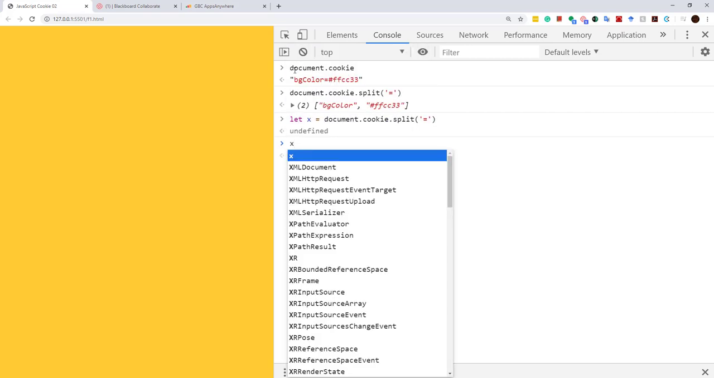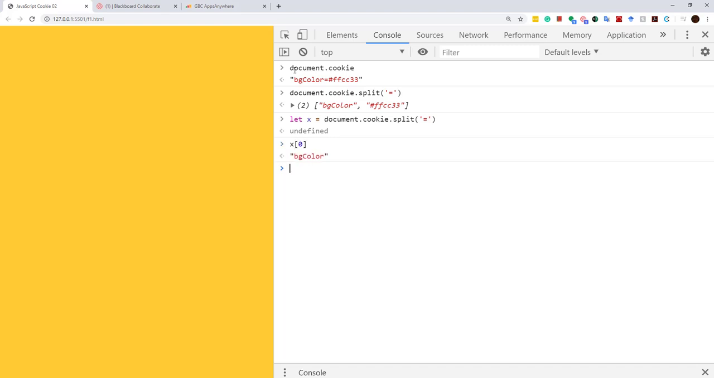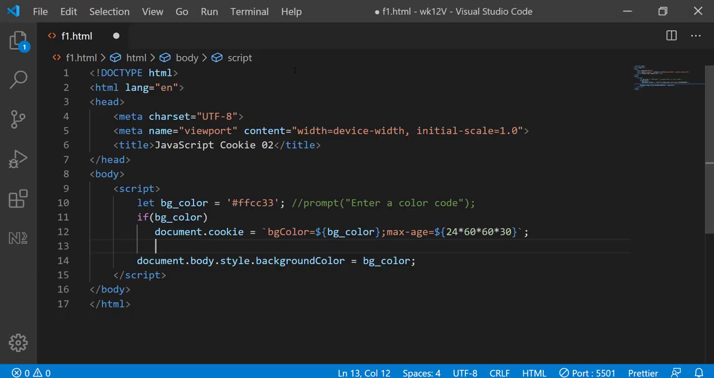And then I can simply say x at 0 will give me the name of the array, and 1 gives me the value, right? So let's go ahead and write this code. I can simply create another variable. I'll call it cookie color equal